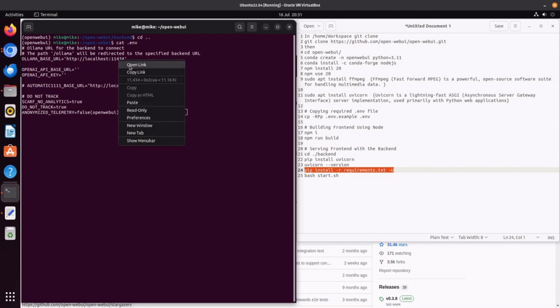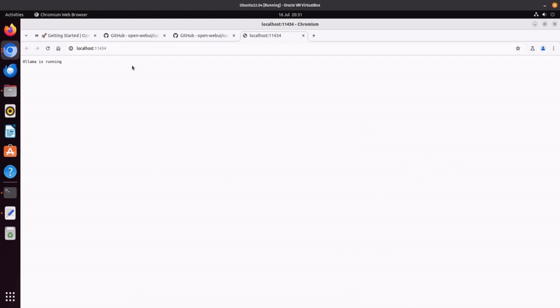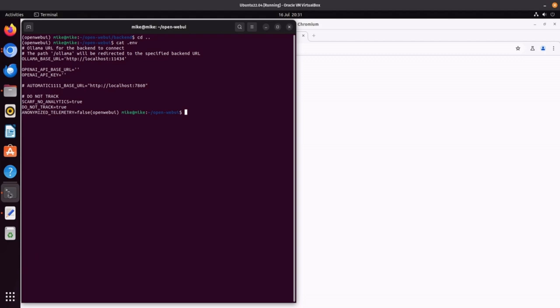Now, if I right click on this and I open this in a link, I can see my Ollama is already running. So I know Ollama is fine. So I can talk to different packages I have. You have OpenAI API keys, which you can add in here. You have to add the URL, but you can do it via the GUI as well once we get onto the web page. And if you have Automatic 1111, which is